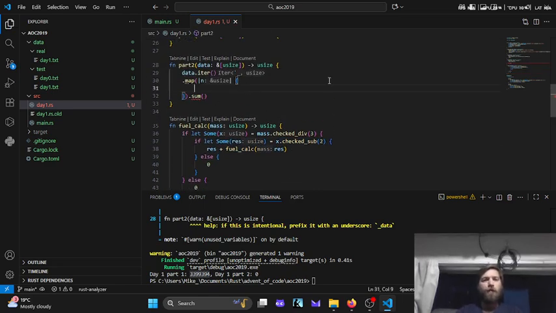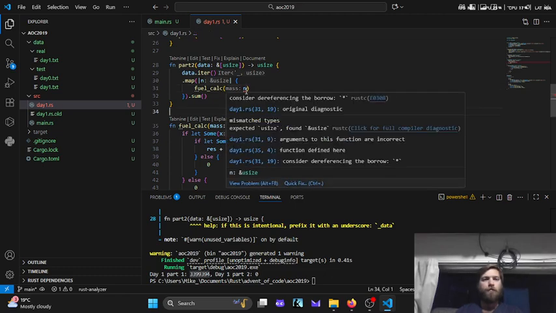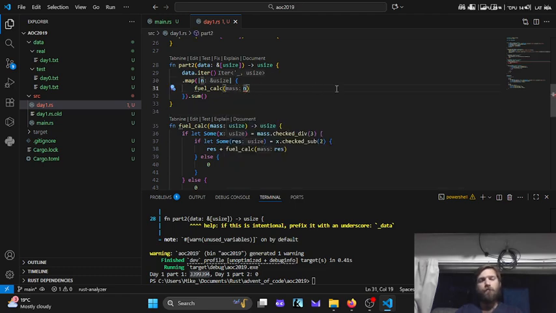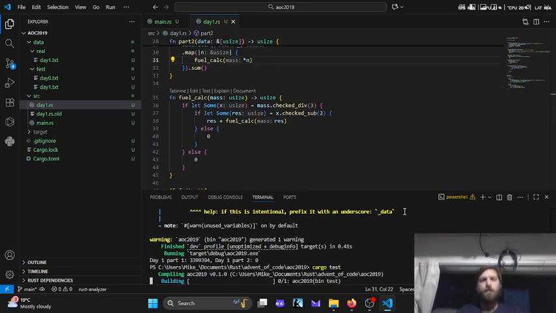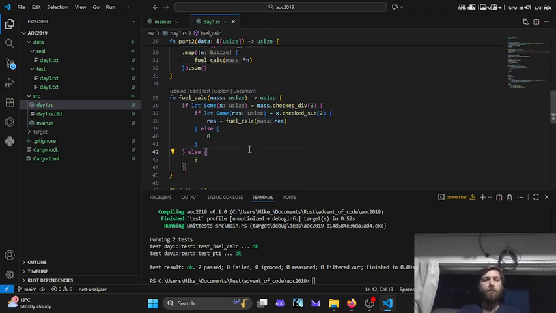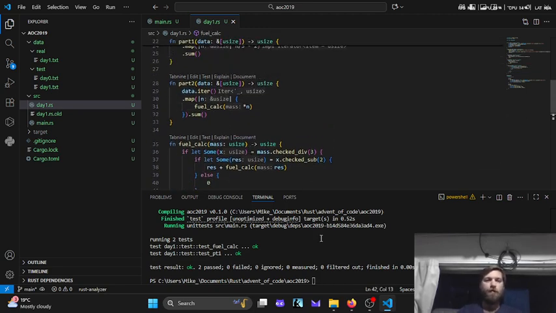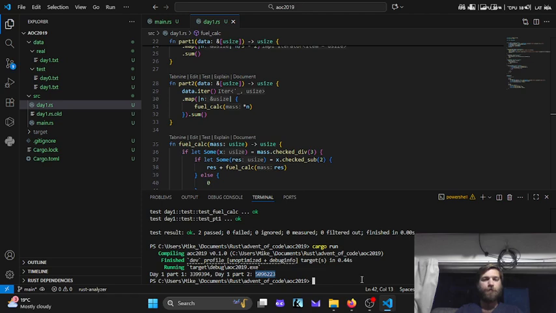And we're going to map, and we're going to call fuel calc on this. Interesting, but fine. We'll deal with that in a second. So now we can run cargo test again, and it's just going to test this fuel calc func, and that works as expected. Perfect. So we could now cargo run and get a result. That result was